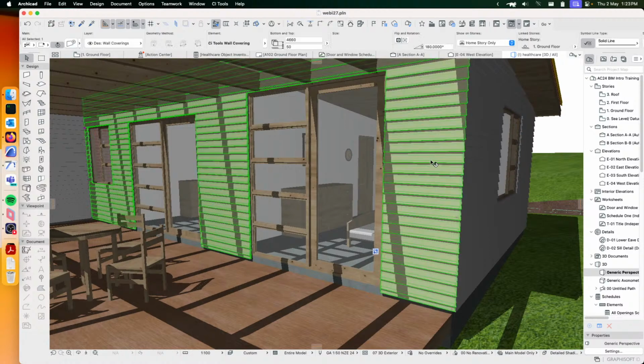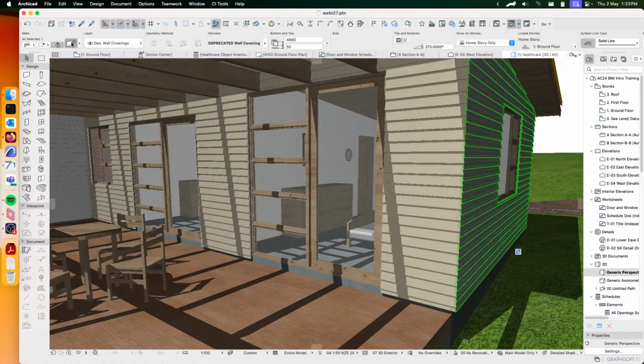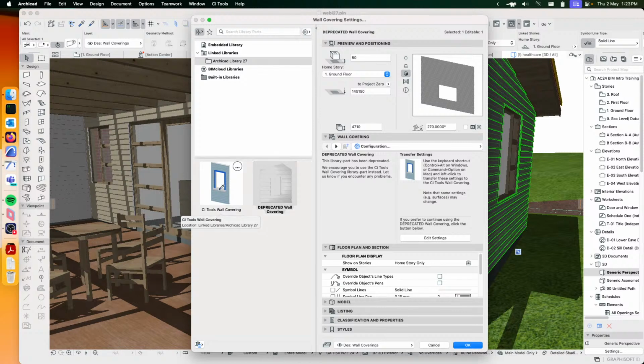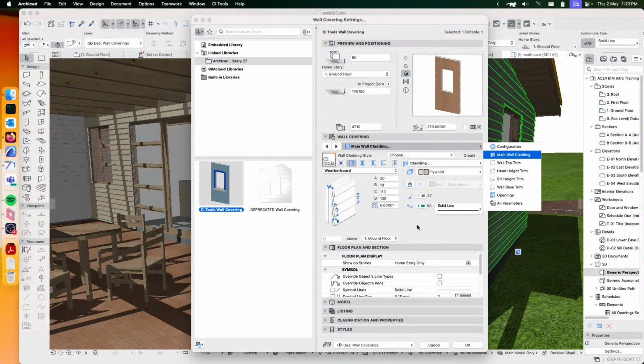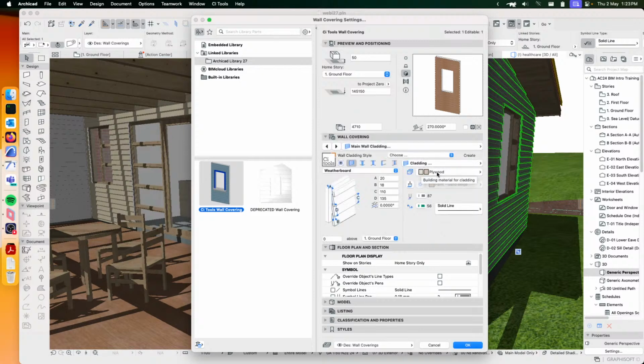But yeah, the same caveats apply to this one when you are migrating or transferring, or whatever you call it. So just make sure you go through, check that the building material is something that you would actually want it to be, set an override if you want to have one, and the visibility override if you want to have that. If you're using a style, just hit the edit button. So if we go in here, just hit the edit button, make the changes that you want, and then save it. And if you're using a favorite, migrate to the new object, make the changes that you want, and then